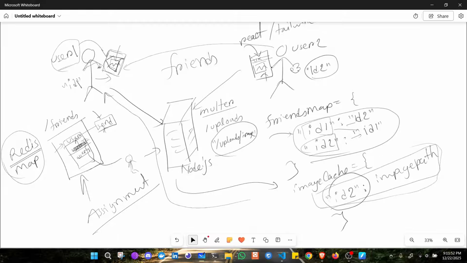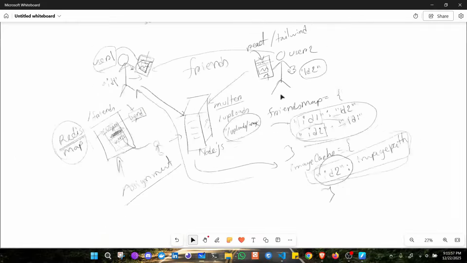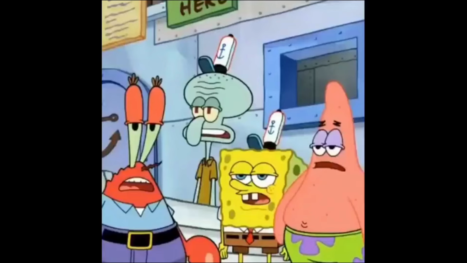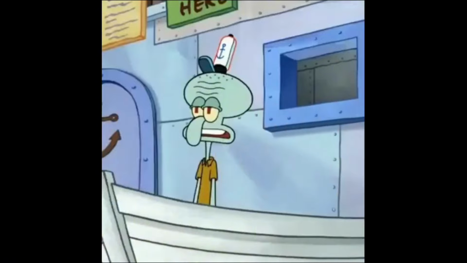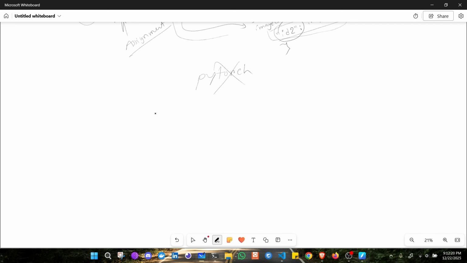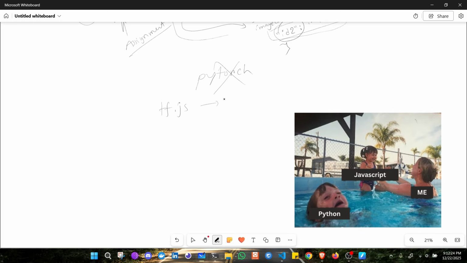So that is all. And what about the gesture recognition part? For that we will use PyTorch. Oh my god, bro. Oh, hell no, man. We will use TFJS or TensorFlow.js,